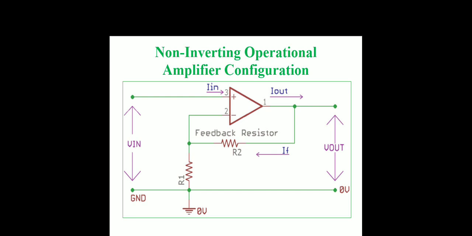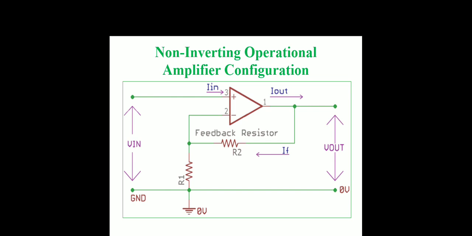As we discussed before, op-amp needs feedback to amplify the input signal, and this is generally achieved by applying a small part of the output voltage back to the inverting or non-inverting input pins using a simple voltage divider network, that is a resistor network. In this image, an op-amp with non-inverting configuration is shown. Please draw this circuit diagram for your reference.